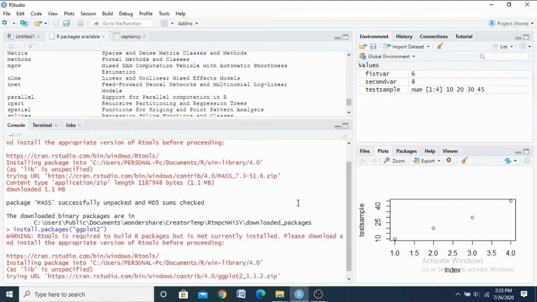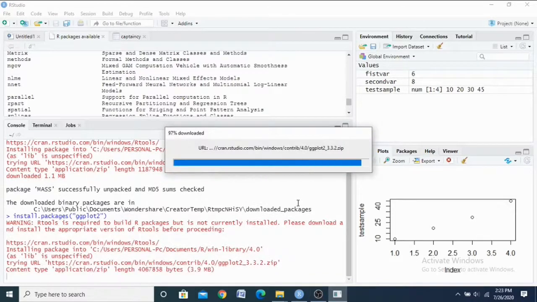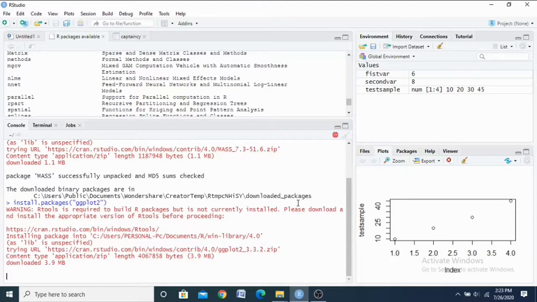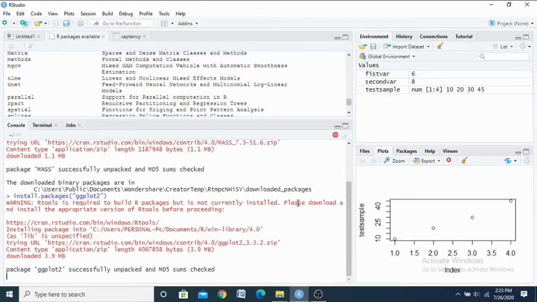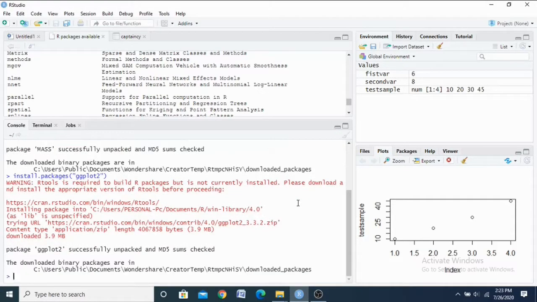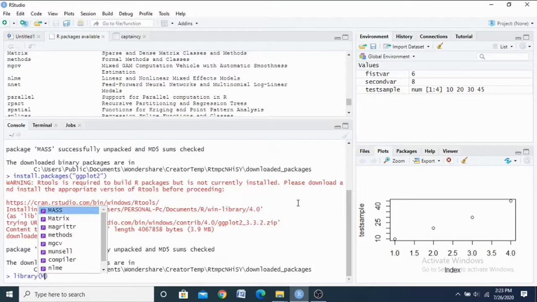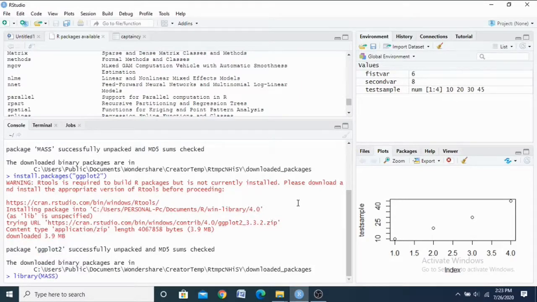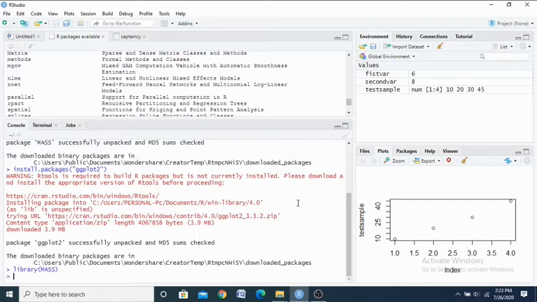Okay, similarly we are using some menus also. It will install the packages. Okay, now I am trying to install the ggplot2 package. Yes, it's successfully installed. Okay, now see, check whether this package is available in my library. Now I know it's available in my library. Just check that it's available, otherwise it automatically shows an error. So you have to install this.